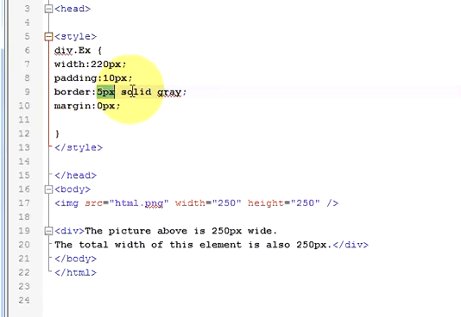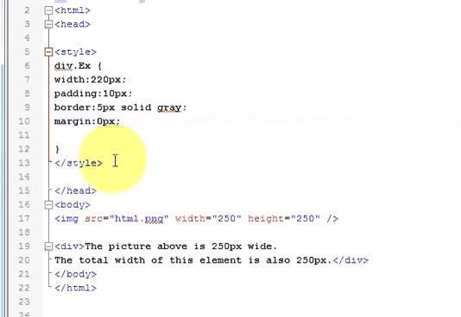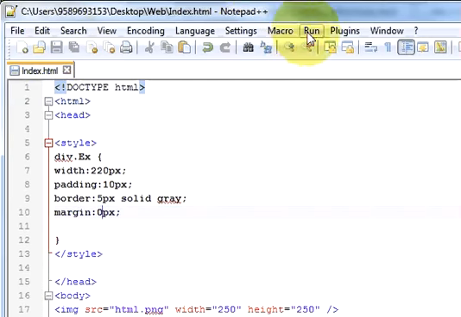So the 5 pixel border is solid and the border is gray. So these three values to one property you can provide at a time. And I want to provide margin first. I don't want to provide any margin, and after running this code we will provide some margin to the code. So just save it and run the code,